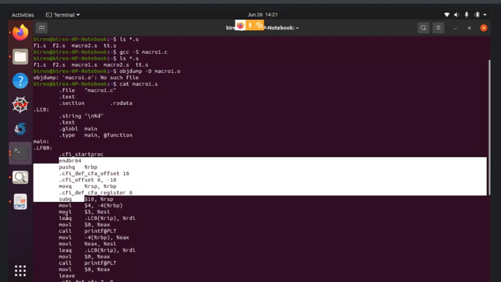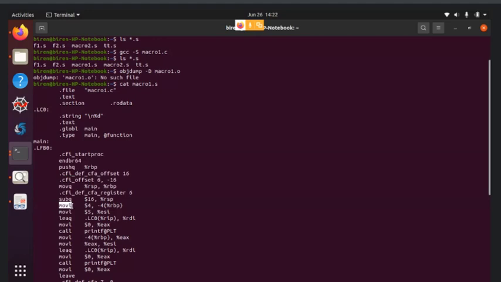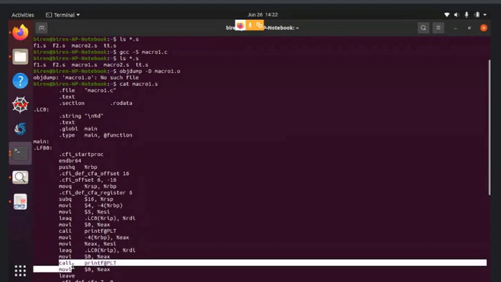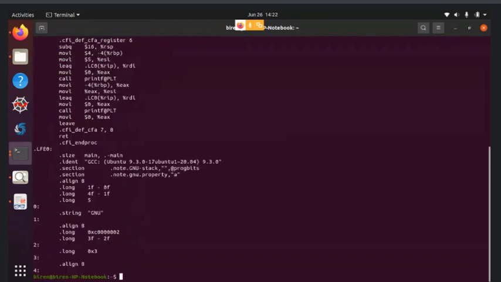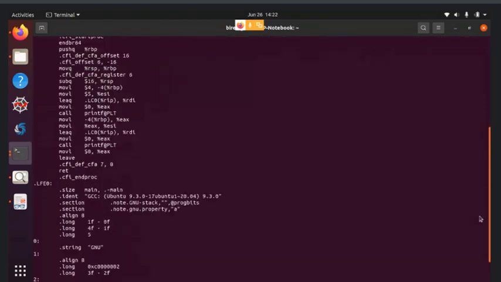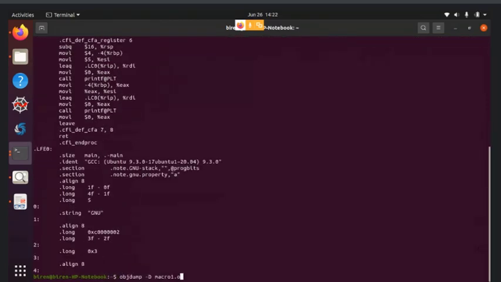The processor does different types of processes with the help of instruction sets. These are the different instructions, like for example mov. Then let's say if you are using a function, then call that function, so call. So these are different instructions. So here the object code of the main user-defined function is created. Here you can see the number of lines is approximately 150. Now let's generate the final code.